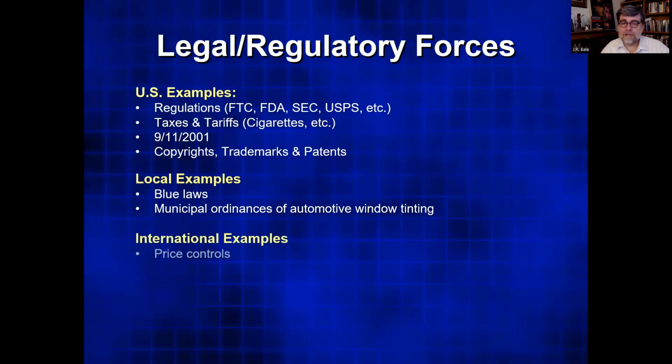International examples, you might have price controls by other countries. Generally in the United States, we can charge whatever price we choose for our products. In some countries, there are some limits. Norway comes to mind. They are very price controlly. I don't know if this law is still in effect, but you cannot sell products at a discount, except for 2 weeks a year. They may have repealed this law, but it was a law at one point.